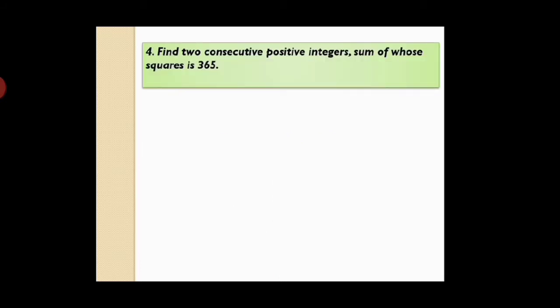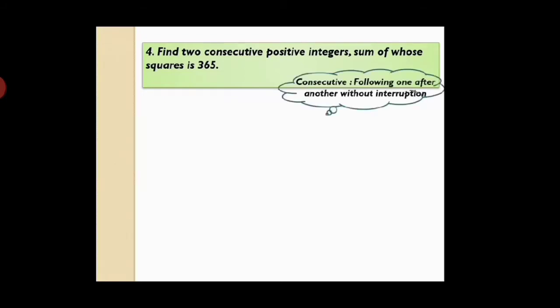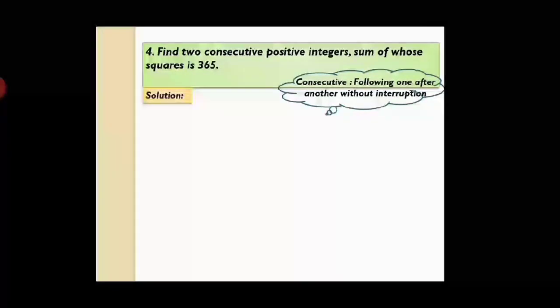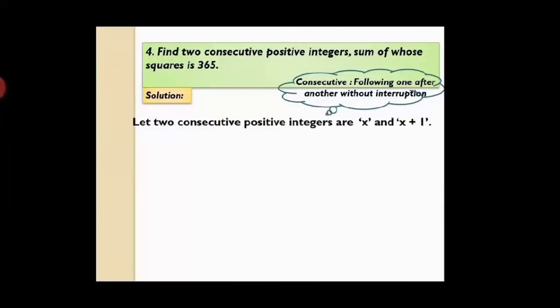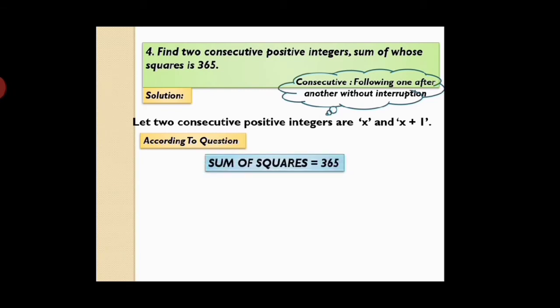Question number 4 is: find two consecutive positive integers, the sum of whose squares is 365. Here we have to find two consecutive positive integers. And what is the meaning of consecutive? Yes, following one after another without interruption. Here we have to take two numbers following one after another, and they will be positive also. So let the two consecutive positive integers be x and x plus 1,